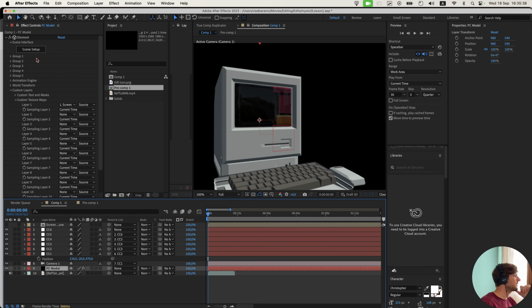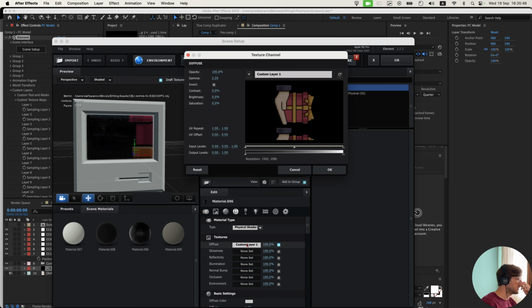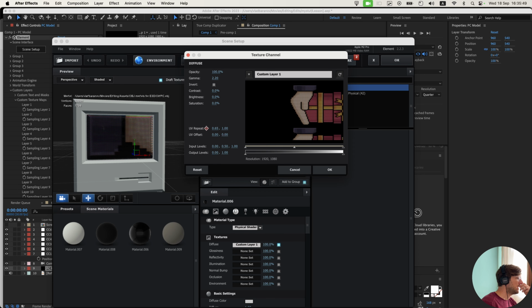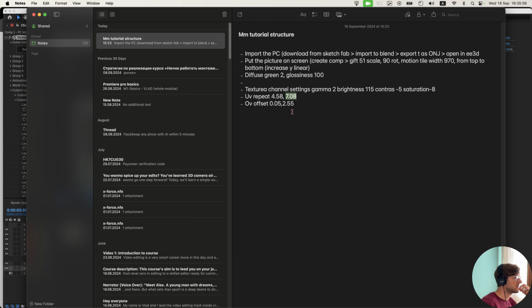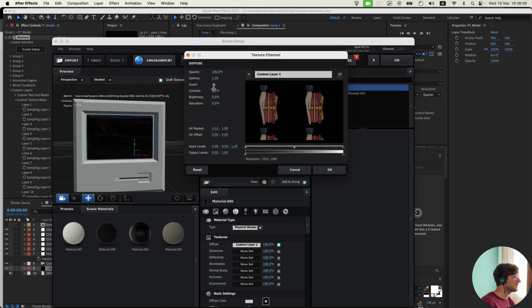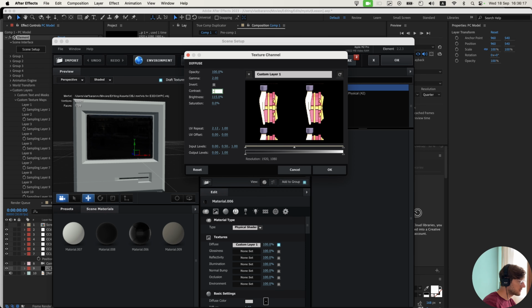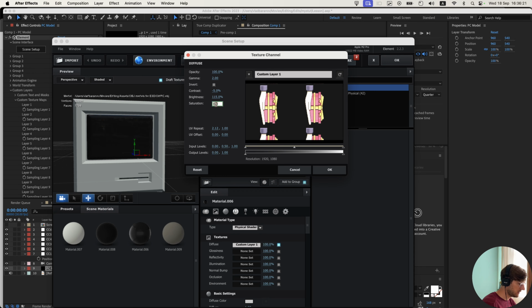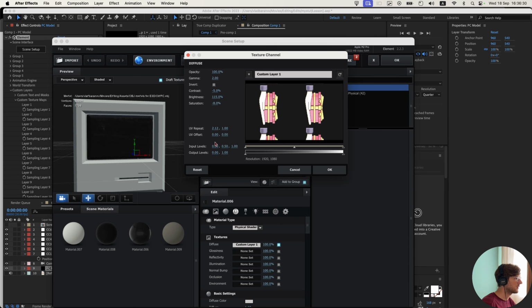To fix it, we need to go to scene setup again, like this. And we need to go to our material, our custom layer. And we basically need to play with these parameters. So I have put the parameters we need in the node here. So gamma 2, brightness 115, gamma 2, like this, contrast -5, saturation -8, UV repeat 458 and 708,